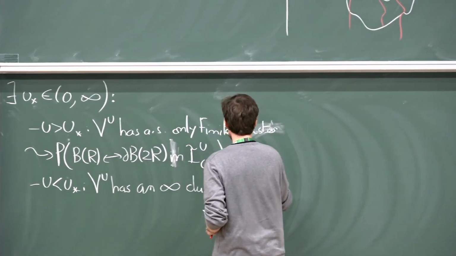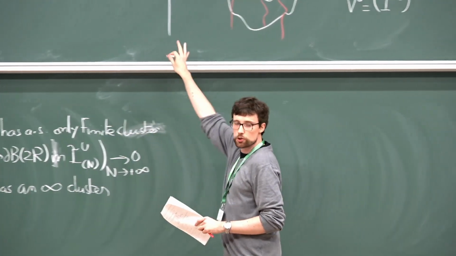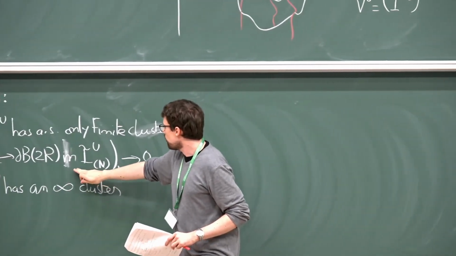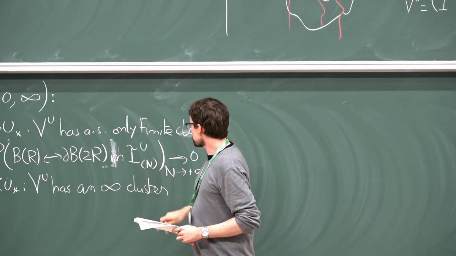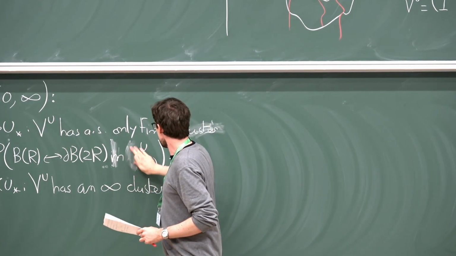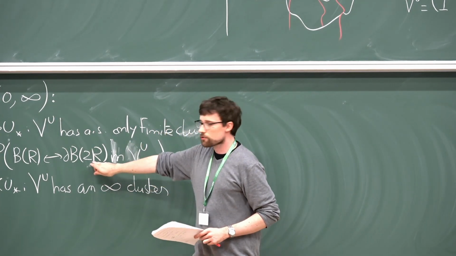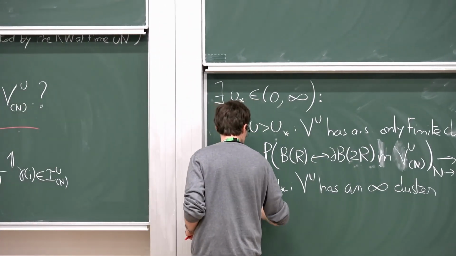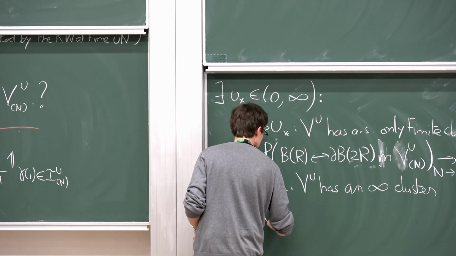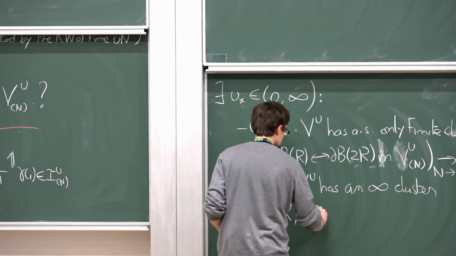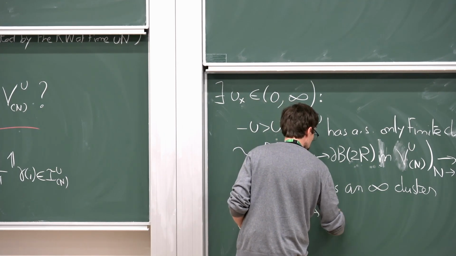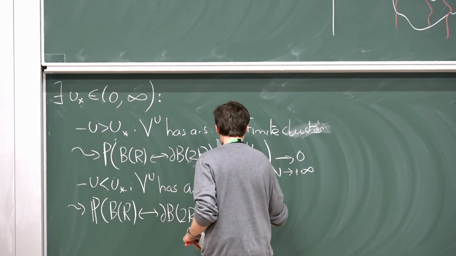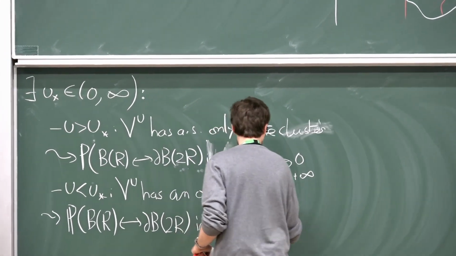Why? Because your vacant set has only finite pictures, so this looks like what I was showing you in the very beginning. You just have very small vacant set, and so you will not, sorry, it's in the vacant set, you will not be able, in particular, to go from R to 2R. And on the contrary, if you're below U star, then you will be able to do it. So you will go from R to 2R, and you actually go with probability 1.